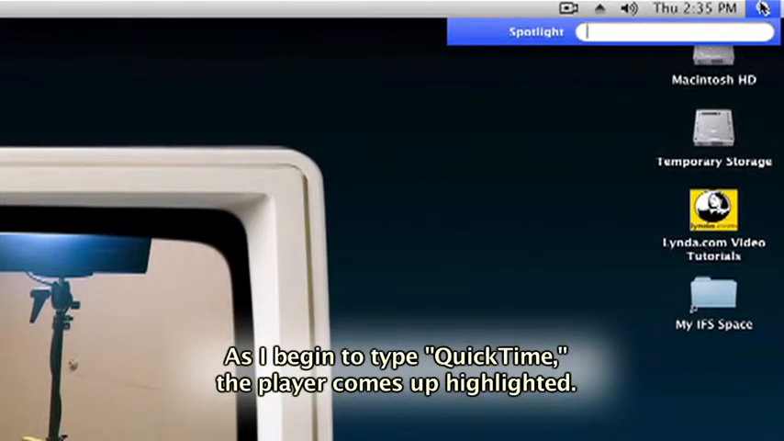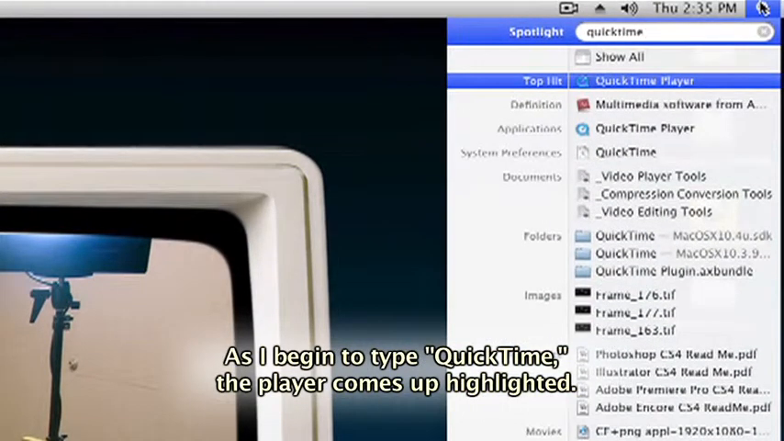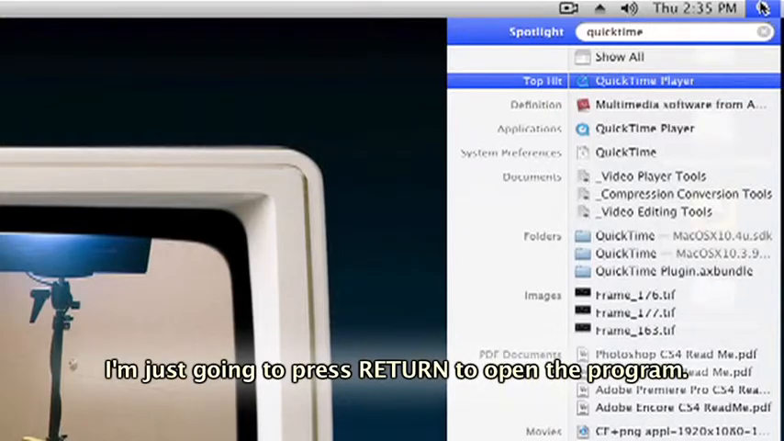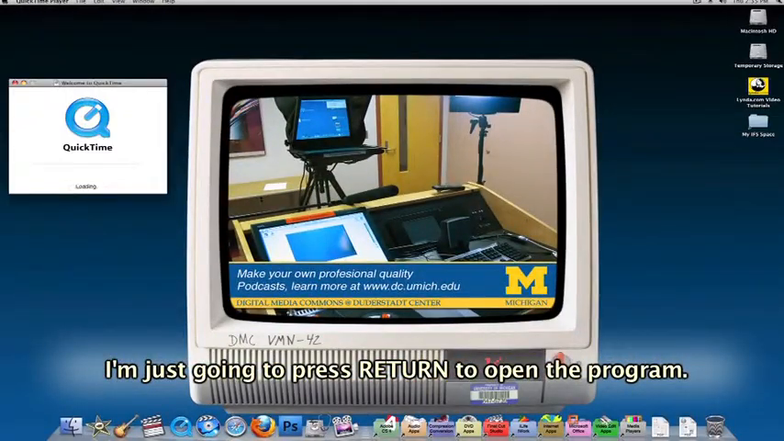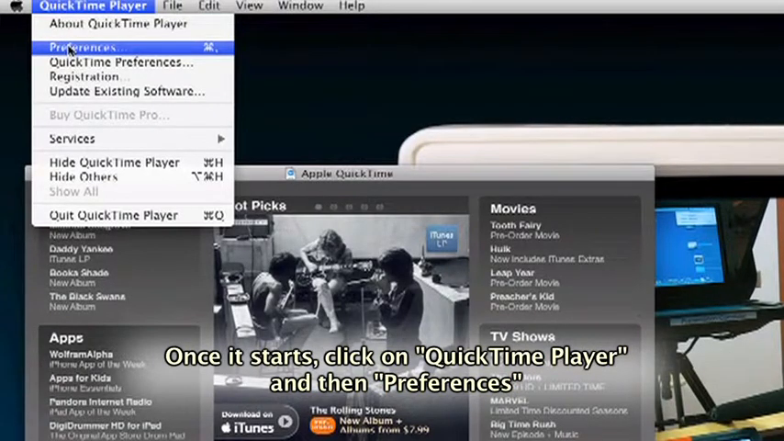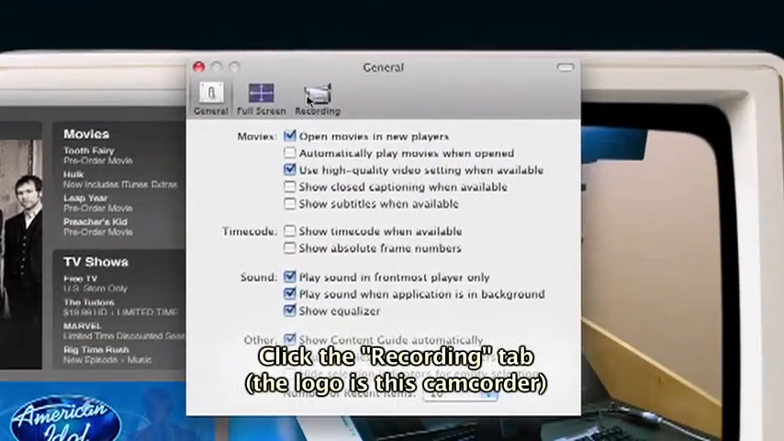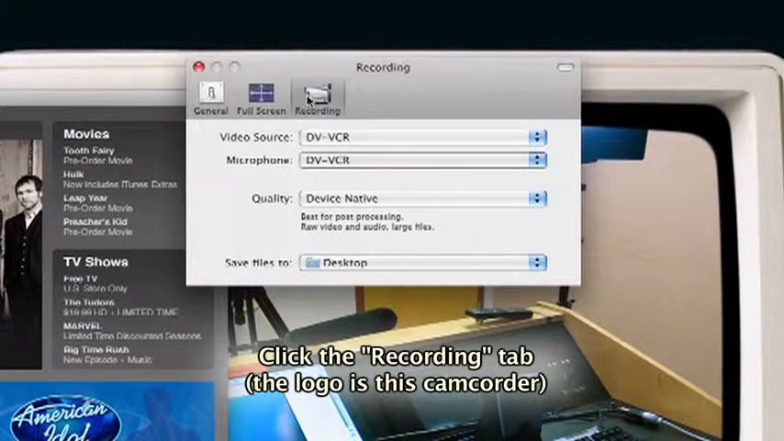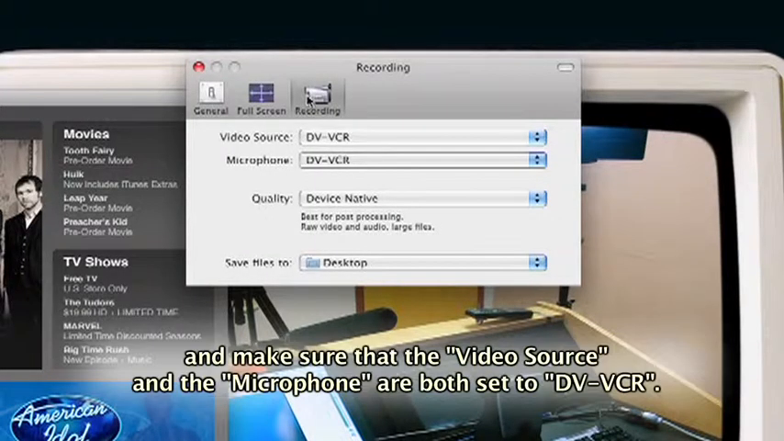As I begin to type QuickTime, the player comes up highlighted. I'm just going to press Return to open the program. Once it starts, click on QuickTime Player and then Preferences. Click the Recording tab, the logo is this camcorder, and make sure that the video source and the microphone are